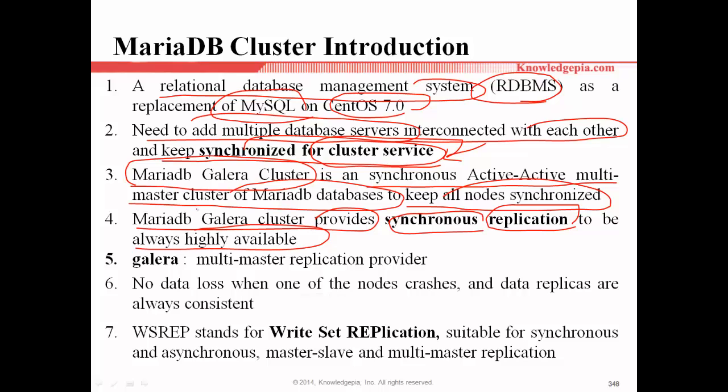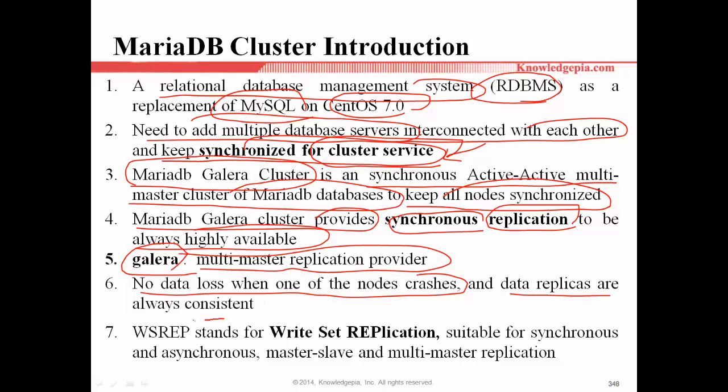We need to install some packages, especially Galera. Galera means multi-master replication is provided. Using this, there is no data loss when one of the nodes crashes, and data replicas are always consistent with another